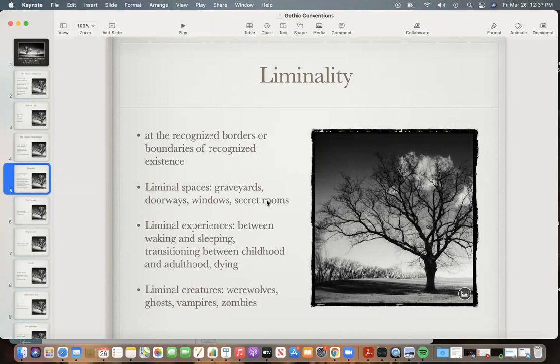We definitely see some of that in Frankenstein, like after Victor falls sick, right after he has created the monster, and he's sort of hallucinating in his fevered state. He keeps thinking he sees the monster. Being in that state where he's not fully conscious but not unconscious, that's definitely a liminal experience. You guys are all in a liminal experience right now, just transitioning between childhood and adulthood.